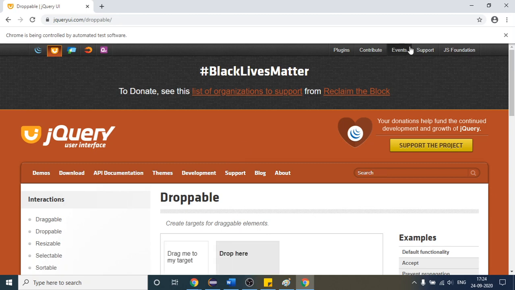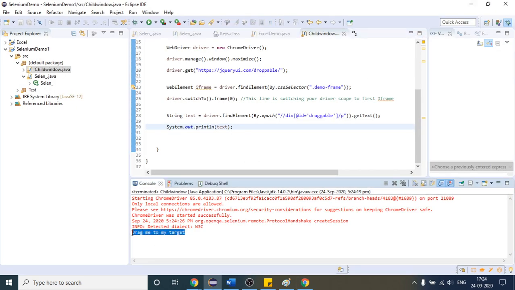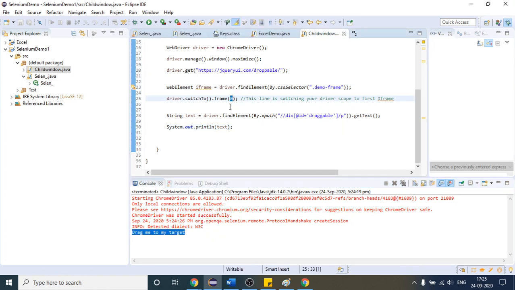I think execution is finished because you can see the site has stopped loading, right? So here you can see that it has printed this text with the help of the index 0. If we provide 0, then it will switch to the first frame. If we provide 1, then it will switch to the second frame, and likewise so on. So is it clear to everyone how we can use an integer value here to switch to a frame? Please confirm.